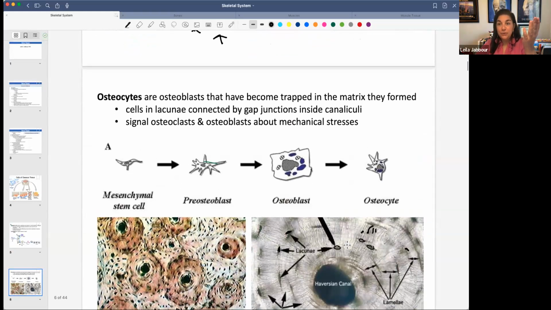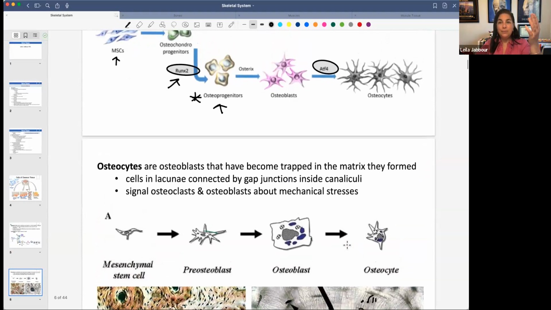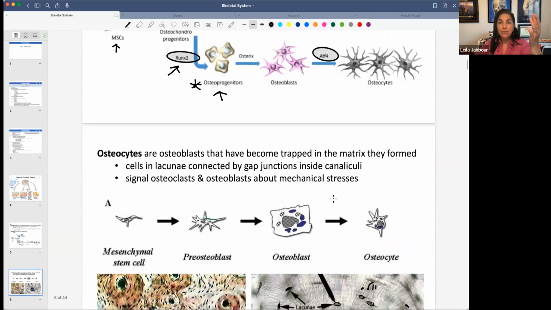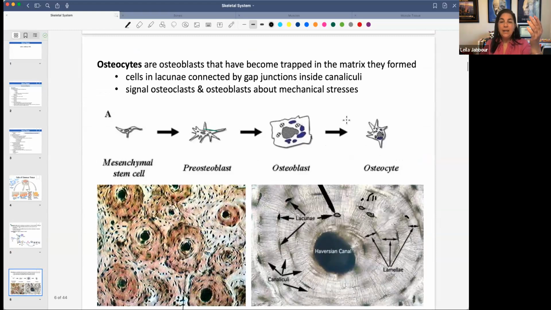So the osteocytes, when they're finally trapped into their matrix, from osteoblasts they become osteocytes. And we call them osteocytes only when the osteoid tissue hardens and the cells are trapped in the matrix. So as I mentioned earlier, they're trapped in these caves called lacunae, and